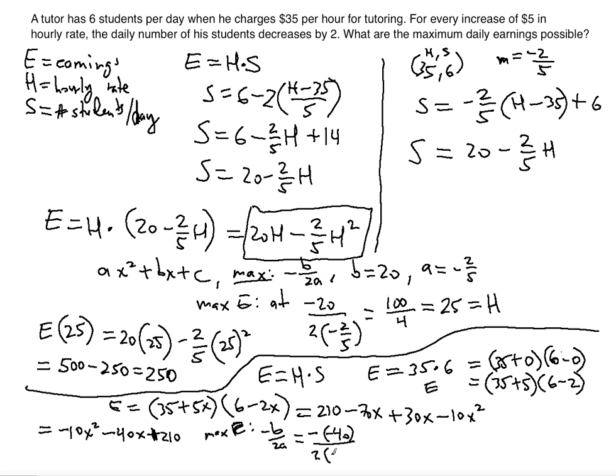So it's going to be 2 times negative 10. So as a result, it's going to be 40 divided by twice 10, so that's negative 20